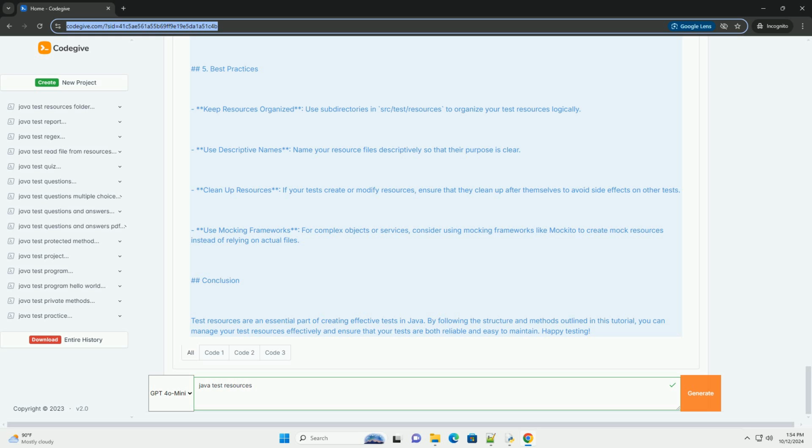Explanation of the code. 1. Import statements. The necessary classes from JUnit and IO libraries are imported. 2. Test annotation. The @Test annotation indicates that the method is a test case. 3. Getting the resource. The getClass().getClassLoader().getResourceAsStream("testdata.txt") line retrieves the testdata.txt file